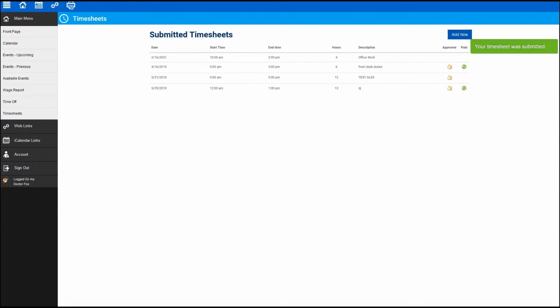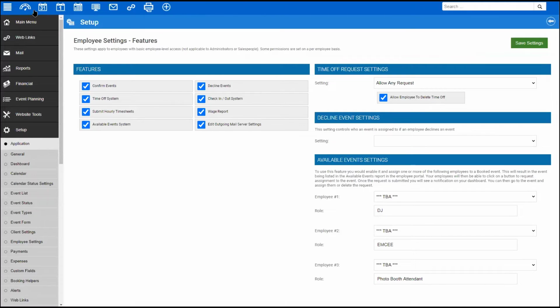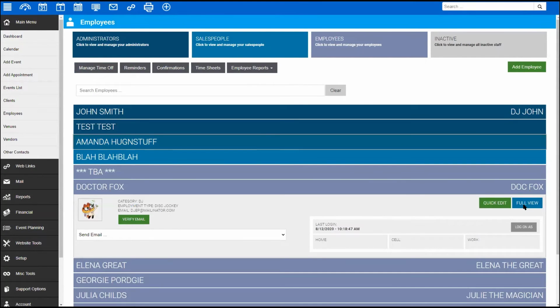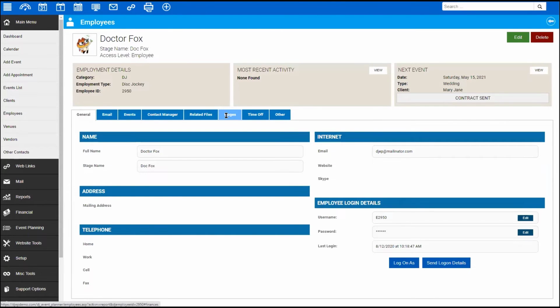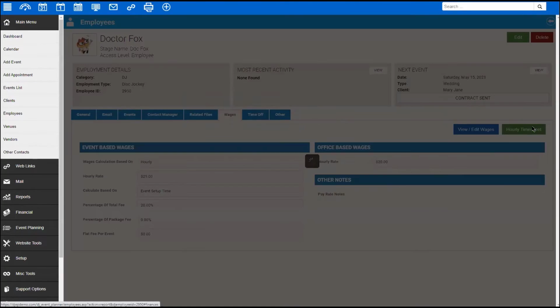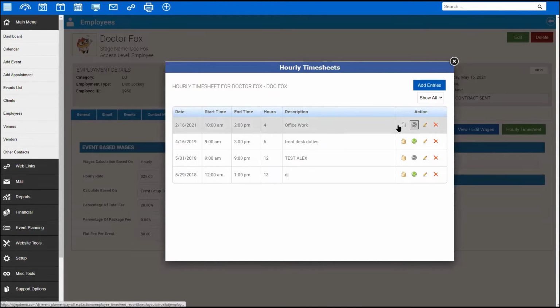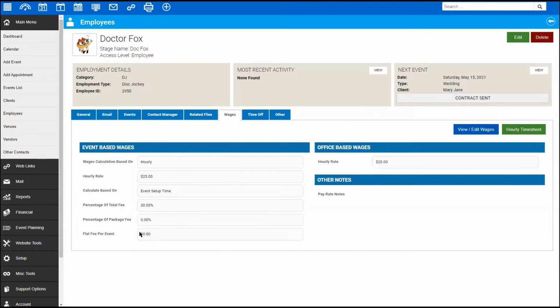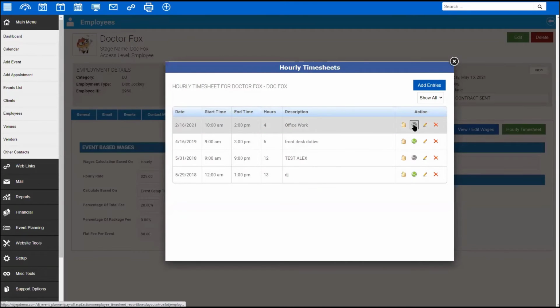And then on each employee, you'll be able to see the timesheets when you're looking at the employee, underneath hourly timesheets. And you can approve it. You can mark it as paid. You can edit it, or you can delete it. And when you mark it as approved, whatever you have set underneath his wages for the office-based wages, it'll list that at $20 per hour. So if I come back in here and I mark this as paid,